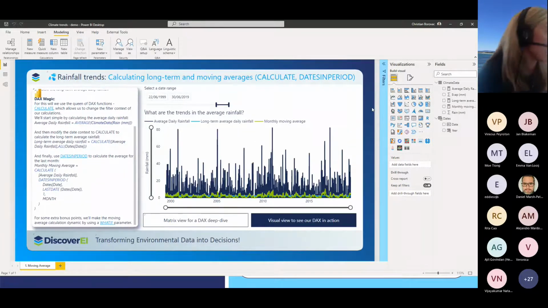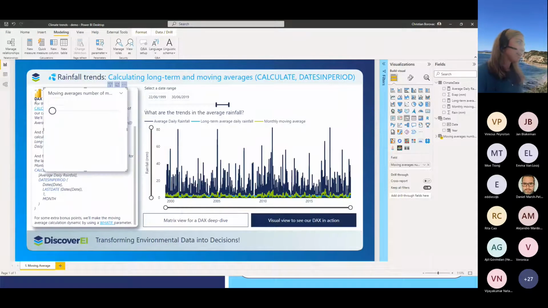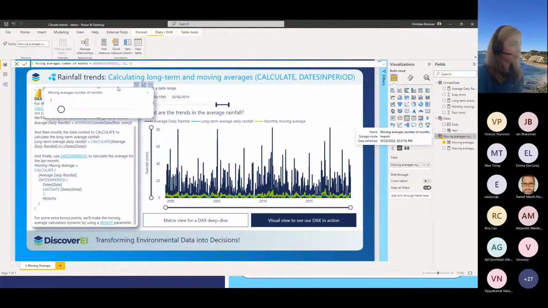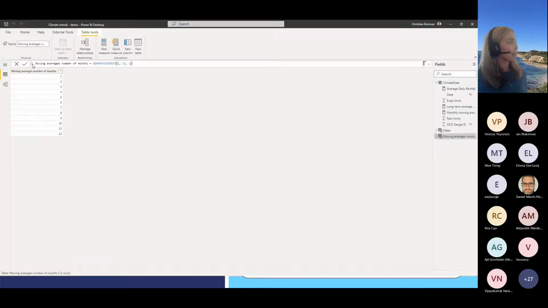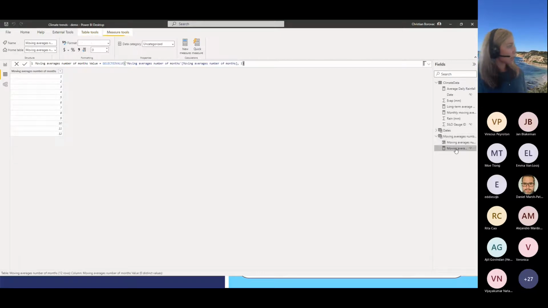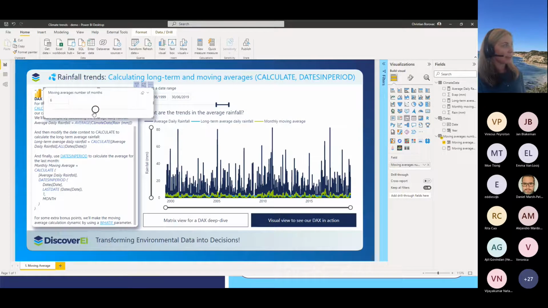And what this does is it actually just helps us out by creating a new table. Here we've got a table which is added into our report. And this table is an example of a calculated table where it's been calculated using DAX. So it just generates a series from 1 to 12 with an increment of 1. But it's also inserted a measure for us, which returns the selected value of this column here. Otherwise, it just returns 1. And that's just taking the value from this slicer here.